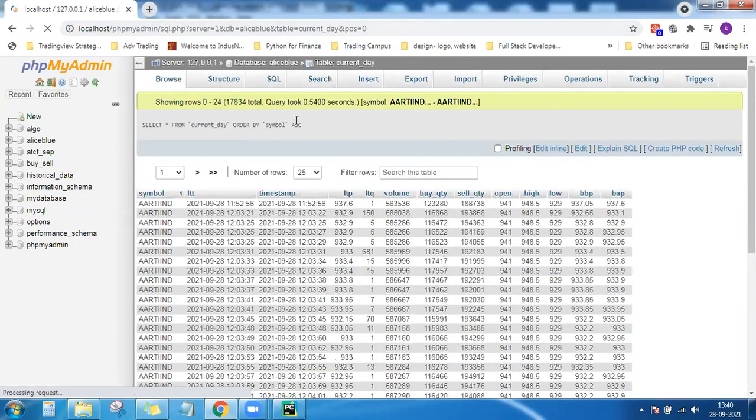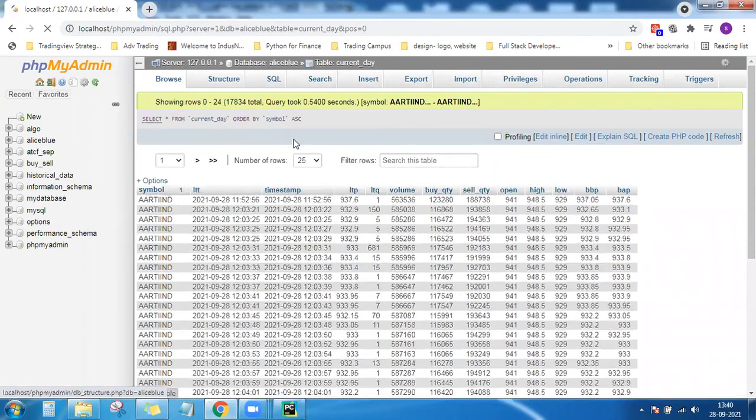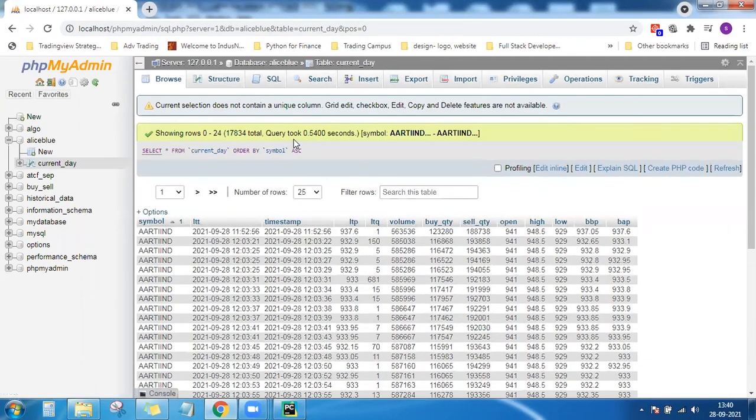I have already stored certain data into this. So Alice Blue is my database name and current_day is my table name.